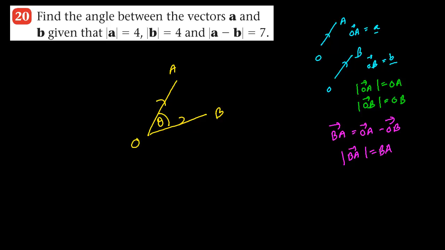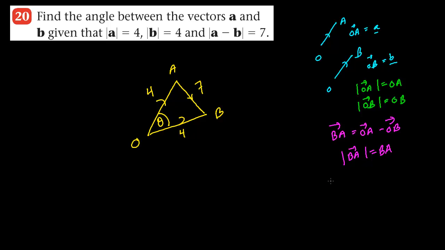Since we know that the modulus of a is 4, we can say the length of OA is 4. The modulus of b is 4, so the length of the line OB is 4. And the vector BA has a modulus of 7. So now we have a triangle and we can use the cosine rule for finding the angle, and the cosine rule states that